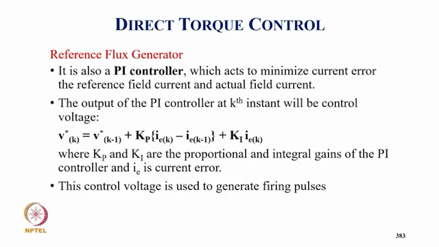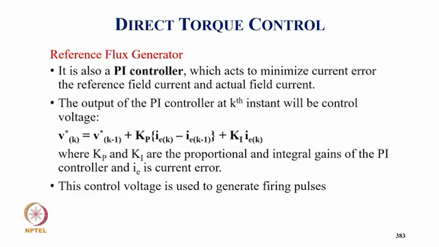So it is also a PI control which acts to minimize the current error between the reference field current and the actual field current. The output of the PI control is VK star equal to VK star minus 1 plus KP (IK minus IK minus 1) plus KI, where KP and KI are the proportional integral gains of the PI control. I is the current error, and this control voltage is used to generate the firing pulses of the thyristor converter